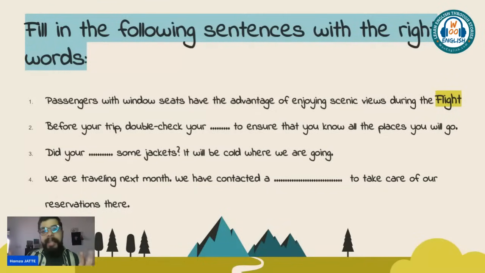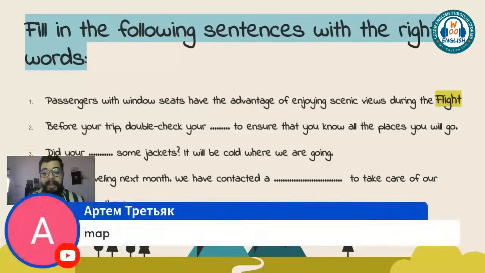What do you think? So as we said, luggage means the different suitcases, the different things that you are taking with you. But the thing that we are looking for here helps us to see what are the places that we are visiting. All right, any more? Maybe Taveras. Okay, map.